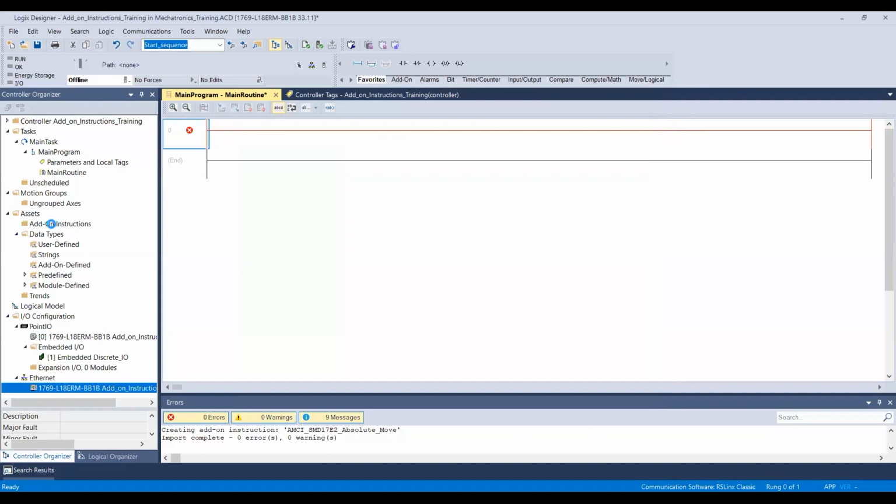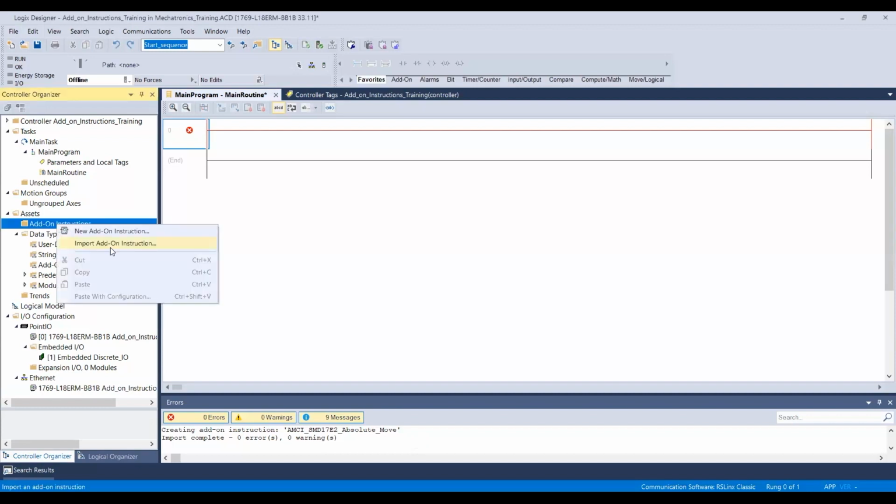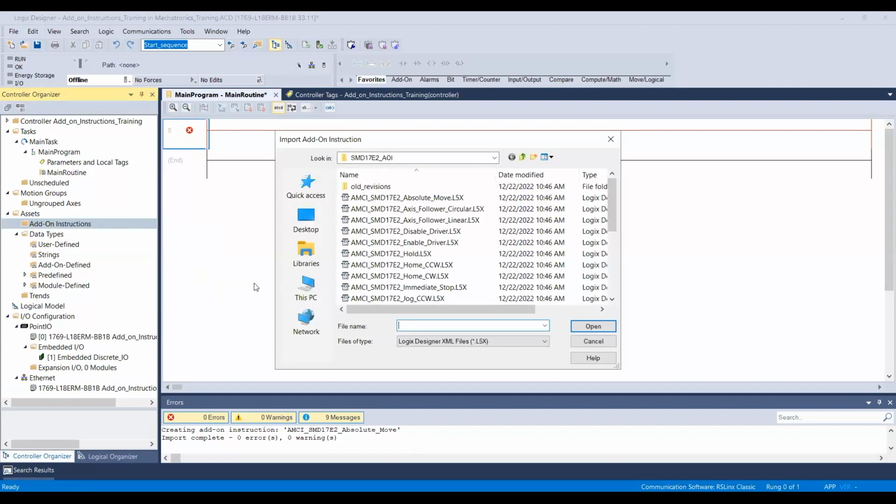Click a right button on that, and it's acting up. Okay, so now we can do our add-on instruction selection here. We simply click right button, import add-on instruction. Again, I already downloaded this, put it on my PC in a particular folder, named it as you would suspect,